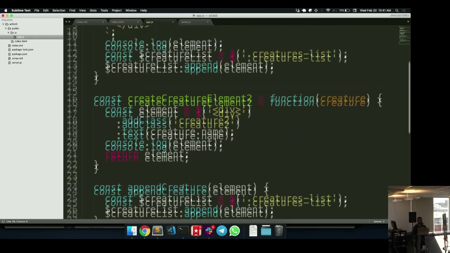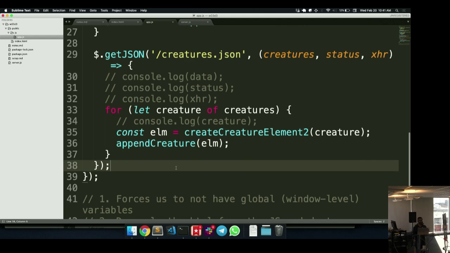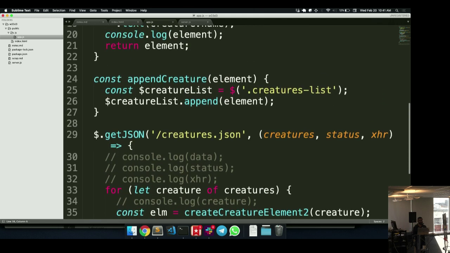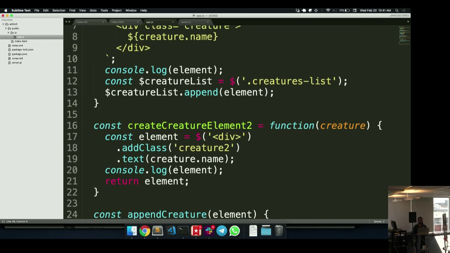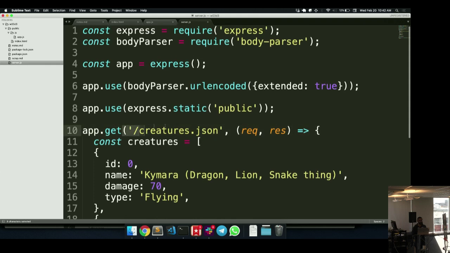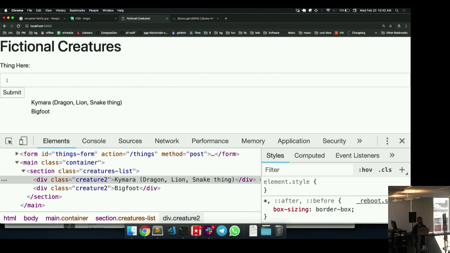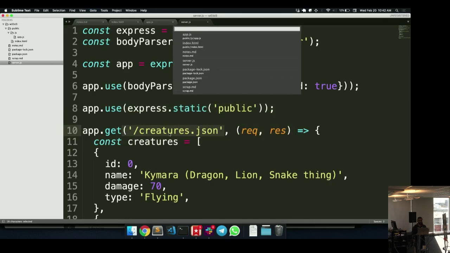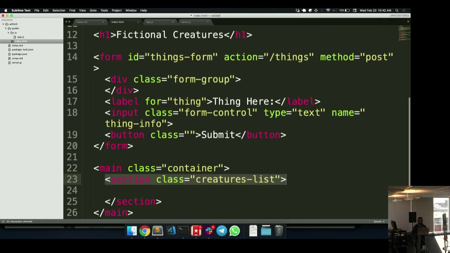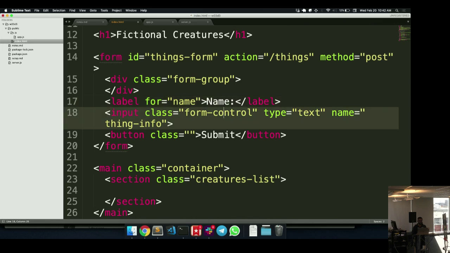Okay, so we're fetching data, so we're doing the read and we're creating elements. Let's actually go ahead and implement the form. I've got my server.js. It has one endpoint to deal with the fetch. In order for it to actually work, I'm going to need a few more input fields, so I can go ahead and implement those. So we have form for name,